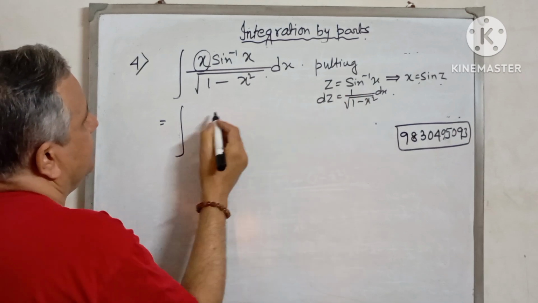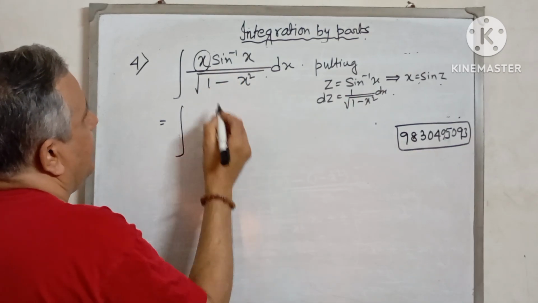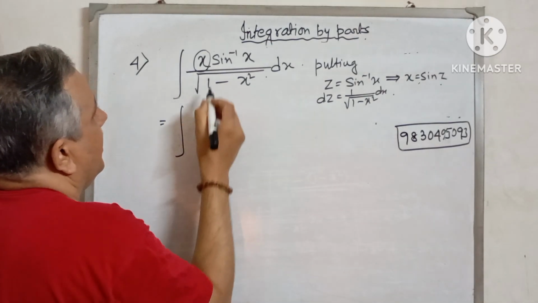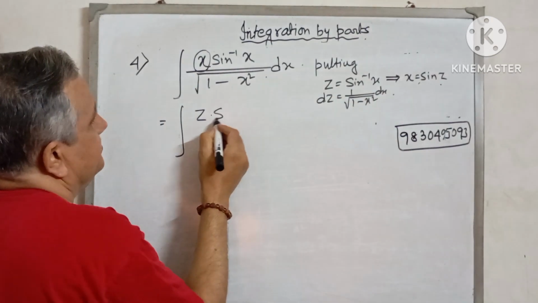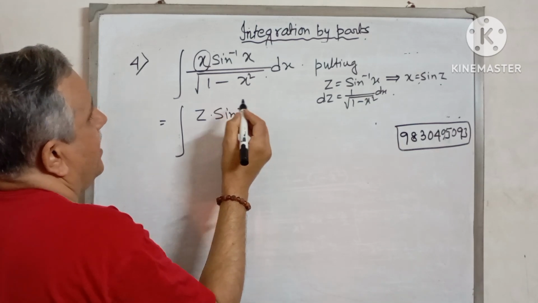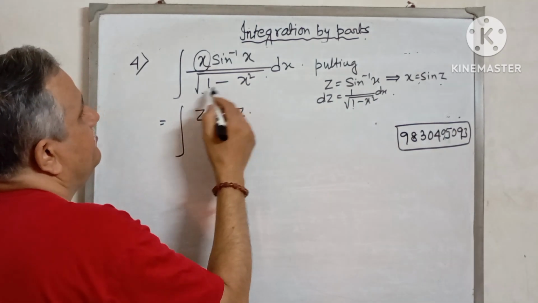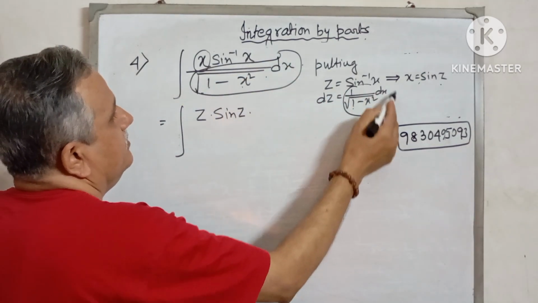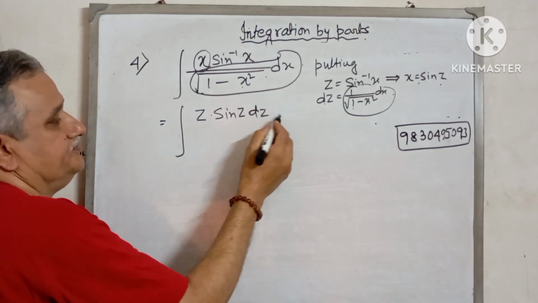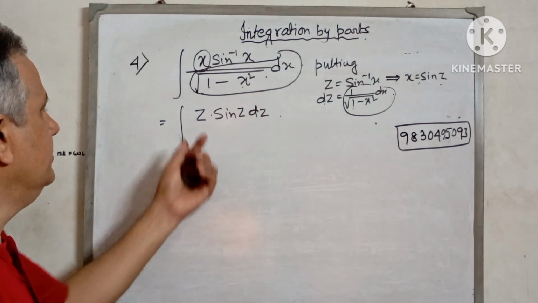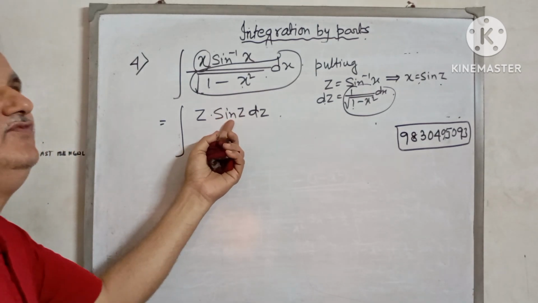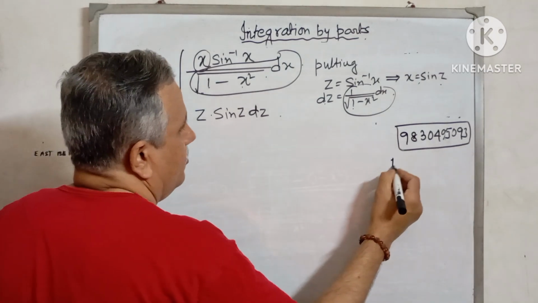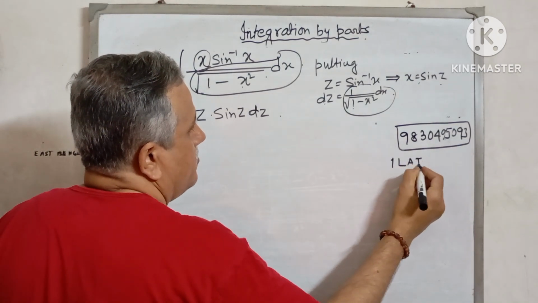Putting sin inverse x as z, sin inverse x is z and x is sin z, and dx by root over 1 minus x square is only dz. Now using by parts, simply this becomes trigonometric functions and this becomes algebraic function. Now if we apply the ILATE rule,